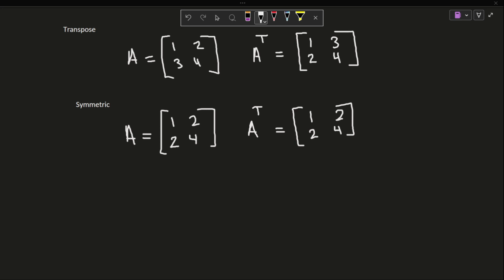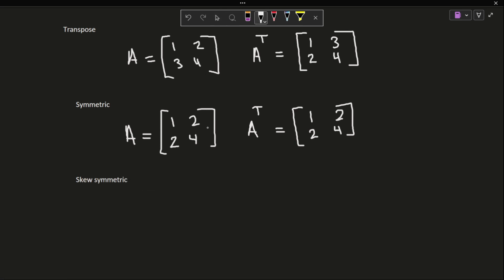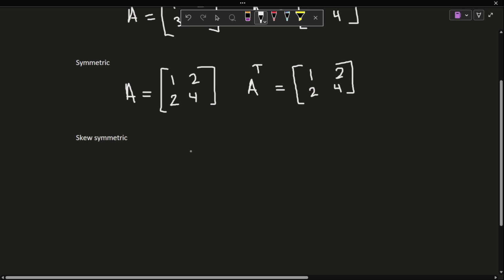Okay? And the next type of matrix that we'll want to see is called skew symmetric. And this one, while symmetric is pretty common, you'll see it a lot in some of the applications of linear algebra and in future types of problems that you'll see. Skew symmetric, it's a bit less common, but is definitely something that you want to know and be familiar with before your future studies with linear algebra. So skew symmetric is basically whenever the matrix equals the negative of its transpose.